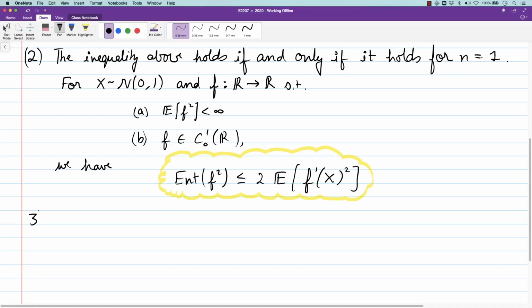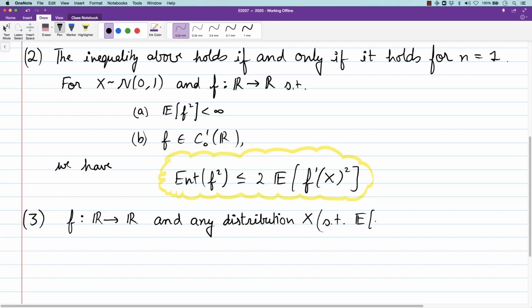Next, what we observe is that we can even further relax the requirement. We make the following observation: for a function f from R to R and any distribution x such that, let's say, the entropy exists, so the function is, let's say, non-negative. Well, we'll take f squared such that the second moment is finite. The entropy of